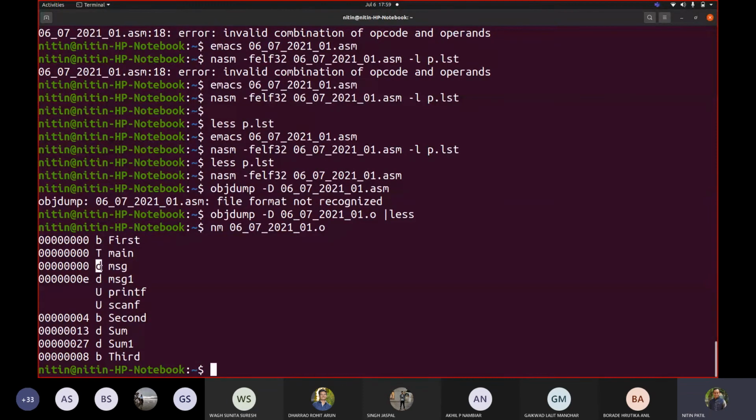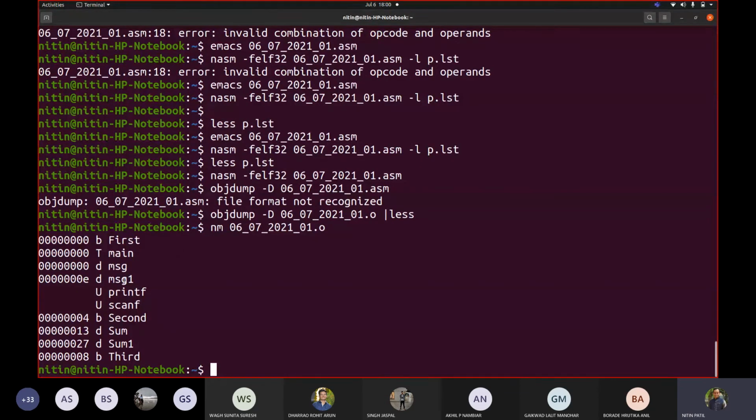So this D tells me that it is part of the data section. This is also part of the data section. If I start with, see, the data section starts with 0. So 0 to E means 15 characters, 0 to 14. So how much will 15 be? E means 14. So the size should be 15 characters there above.